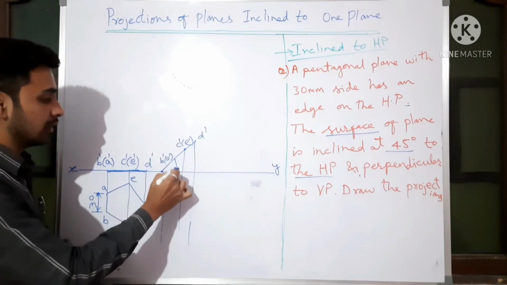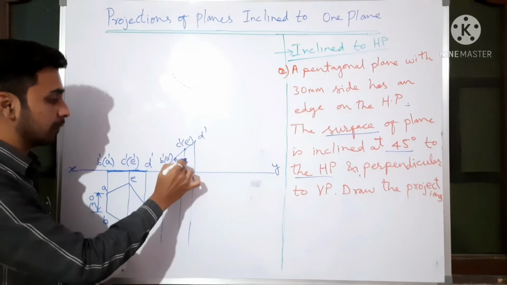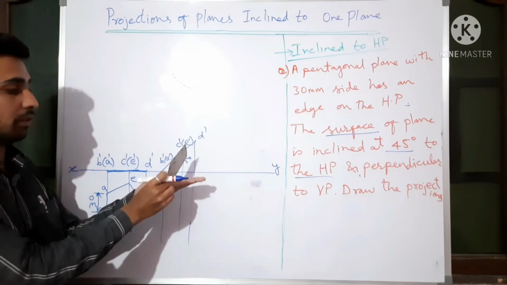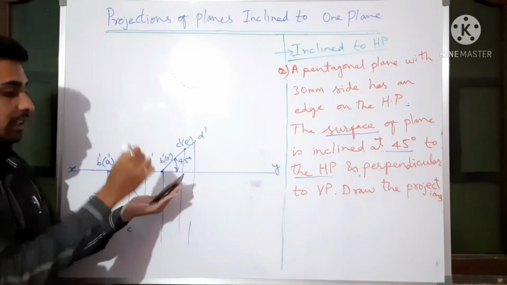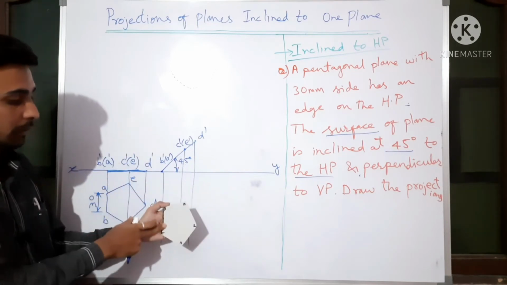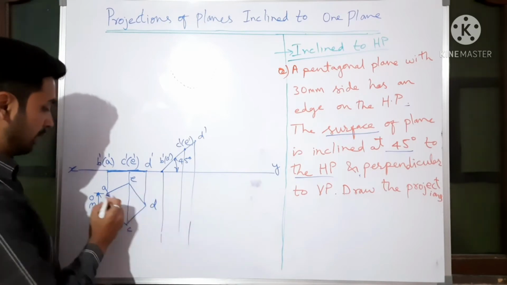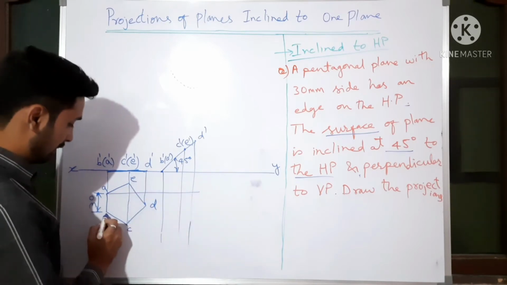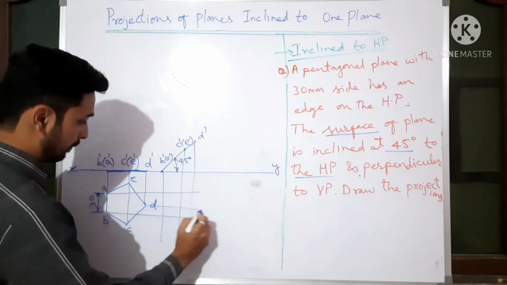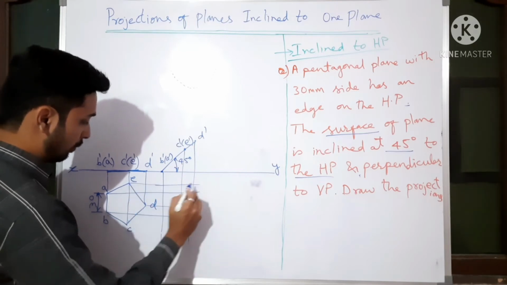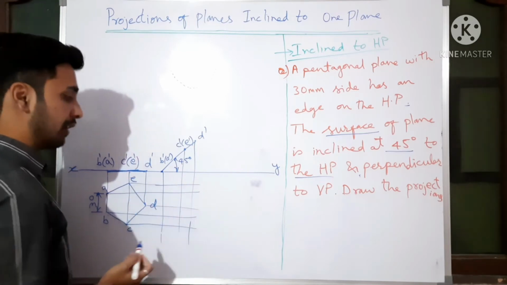This is 45 degree. Now if a surface is making 45 degree, we have got one line in the front view, then how will the top view be? It will be a little reduced shape because it has taken 45 degree here. So let us draw the reduced shape by projecting this side. All lines you can project, or you can do it one by one also.